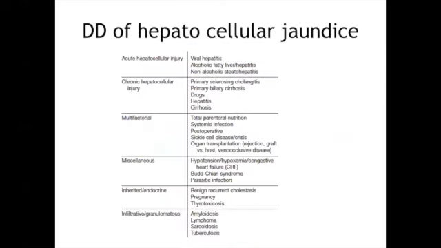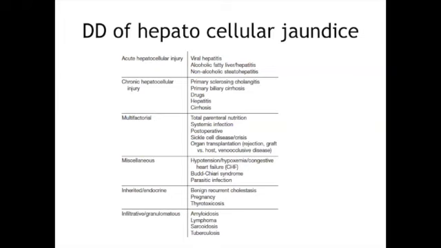So differential diagnosis of hepatocellular jaundice can be acute hepatocellular injury like viral hepatitis or alcoholic hepatitis, or it may be chronic hepatocellular injury resulting from primary sclerosing cholangitis or biliary cirrhosis or drugs, or it may be multifactorial like total parenteral nutrition, systemic infection, post-operative infection, may be part of sickle cell disease or crisis, after organ transplantation when it is part of rejection, or it may be seen in miscellaneous conditions like severe hypotension, hypoxemia, congestive failure, Budd-Chiari